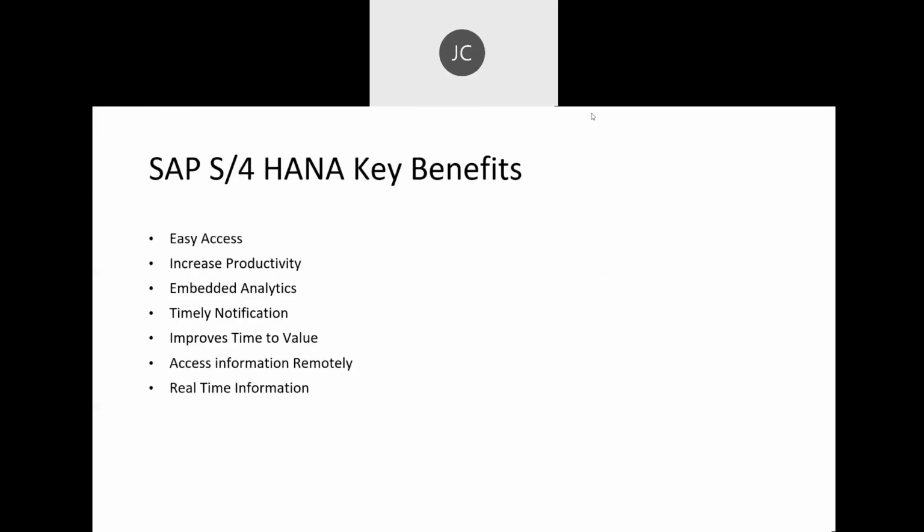Then what is the benefit, right? The benefit is easy access, because users can access from all the platforms, all three kinds of platforms, as I'm mentioning again and again. That's why it is easily accessible. Of course, it increases productivity, because if you can interact faster with direct access from all three devices, then, for example, if you have to approve something, you don't need to log in again.